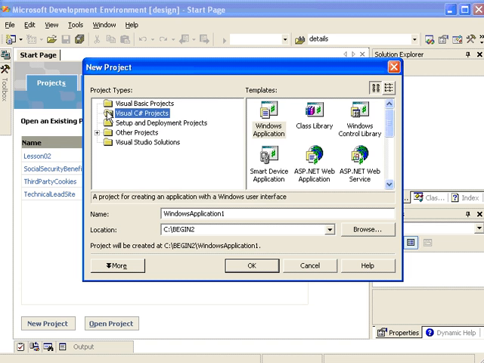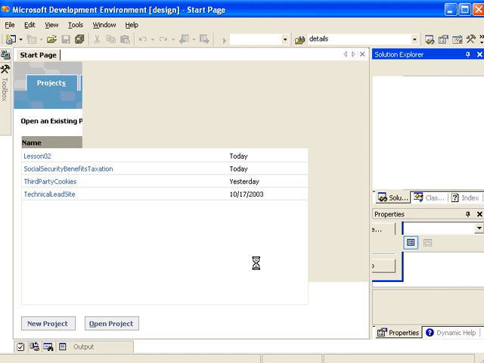So we want to select Visual C Projects, Windows Application, and then we're going to change this to Lesson 04, and we shouldn't have to change the location if you've been following along in the previous video. Once we've made these selections, then we're going to click OK. And in just a moment,